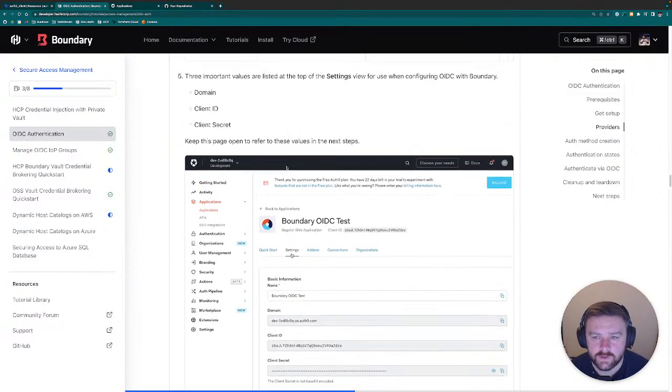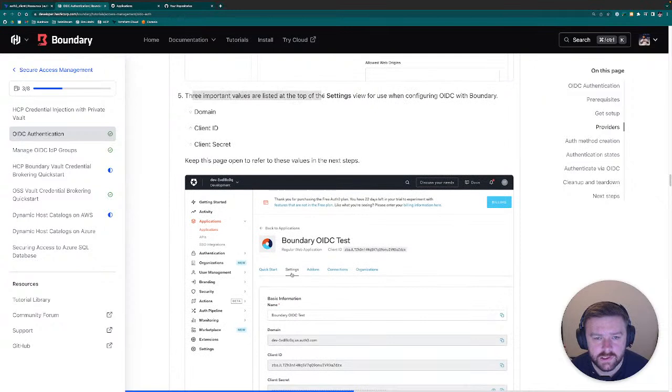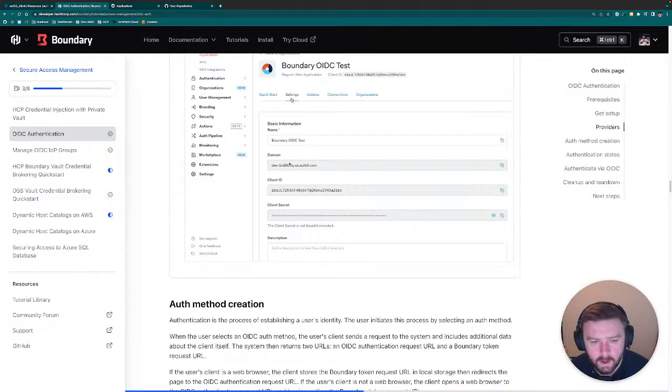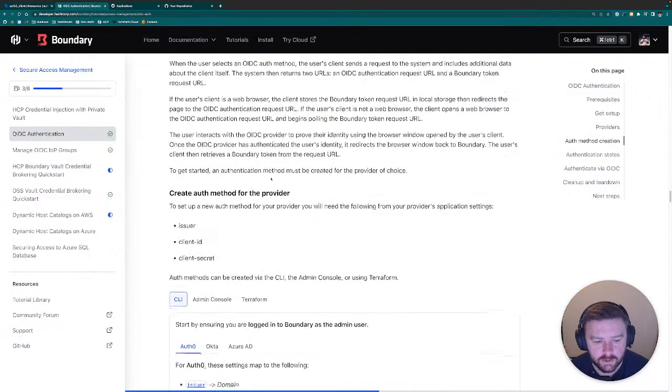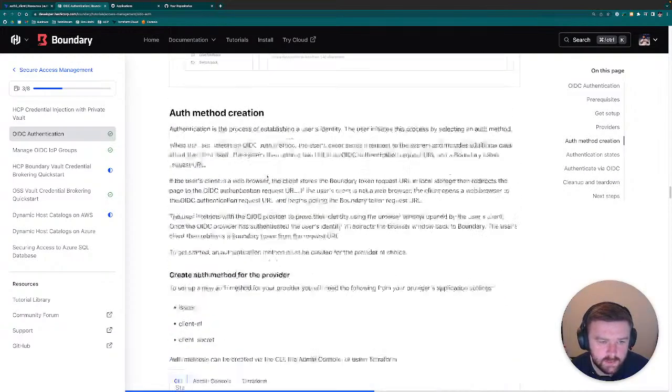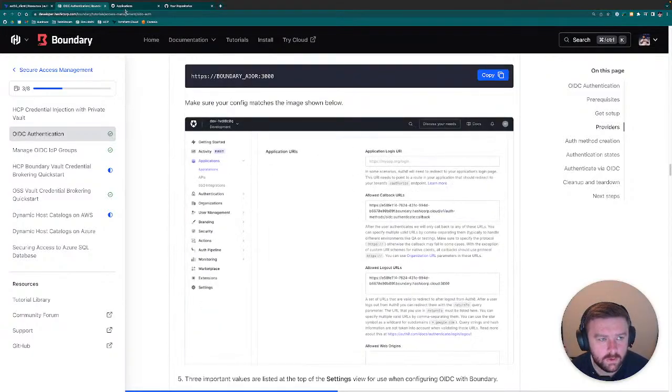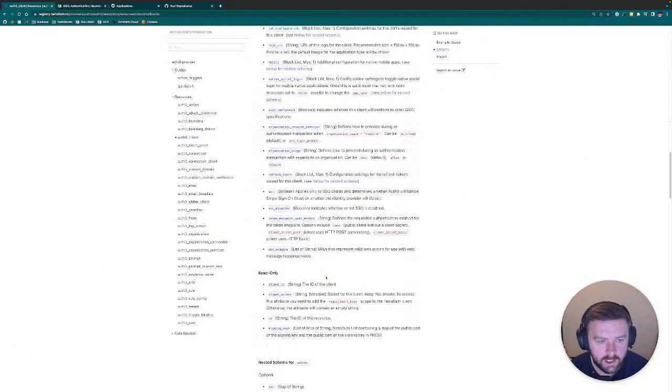There are a few things that you need. So three important values are listed at the top of settings for using when configuring OIDC with Boundary: domain, client ID, and client secret. So if we're going to configure Boundary within this module, then we can just pass those around. So we can just pull the resource. Hopefully the client has